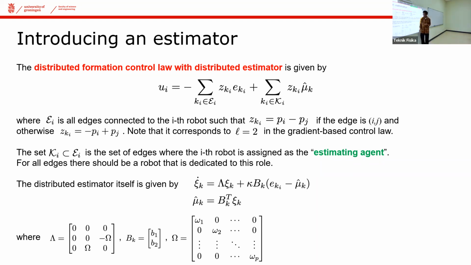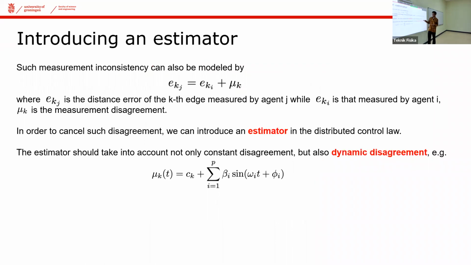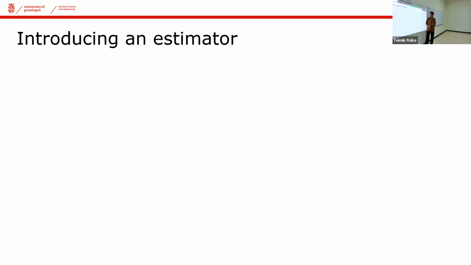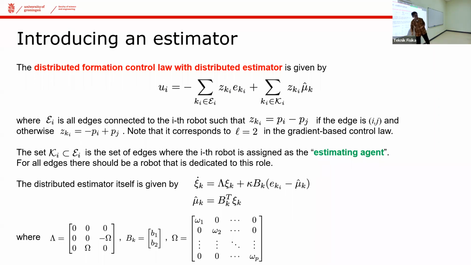What is lambda? Lambda is basically a matrix generating constant bias information, and that is basically this upper left, which is just an integrator. And you have an element here which is skew symmetric, and this is actually generating the sine wave. So that is a model of an oscillator. And this is responsible for approximating this part, the harmonics information. So the harmonics is basically represented by an oscillator. That's why we add an oscillator in this dynamic controller here.